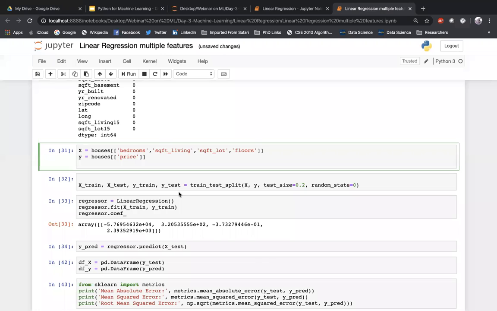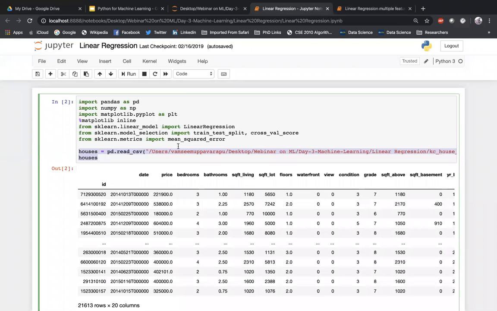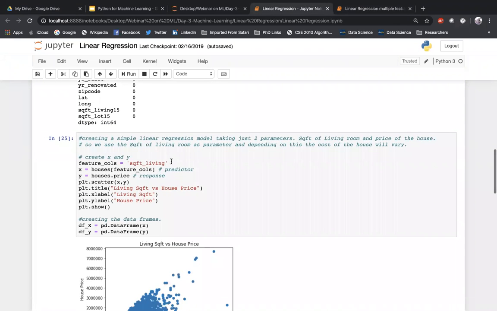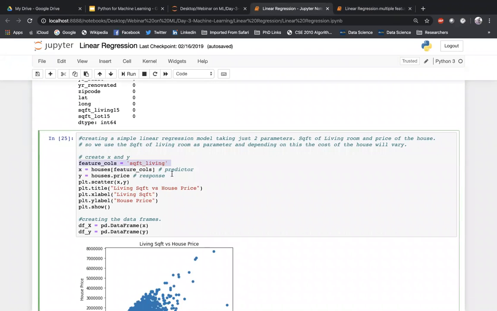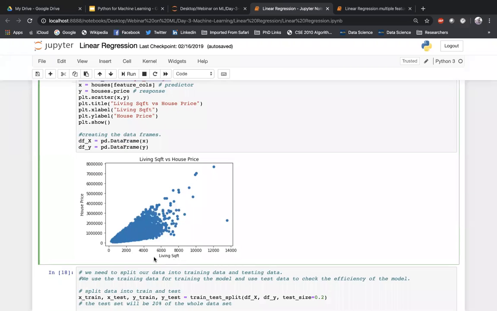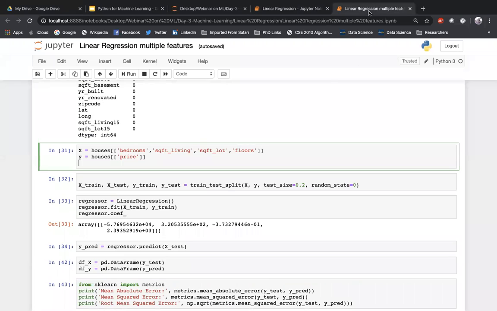One change that you can observe here is that in the previous code, we took only square feet living as the feature column. Our plot was basically between living square feet and house price. This time, because we are going for multiple features, what I have done is I have taken bedrooms, square feet living, square foot lot, and floors, all four together as our features.